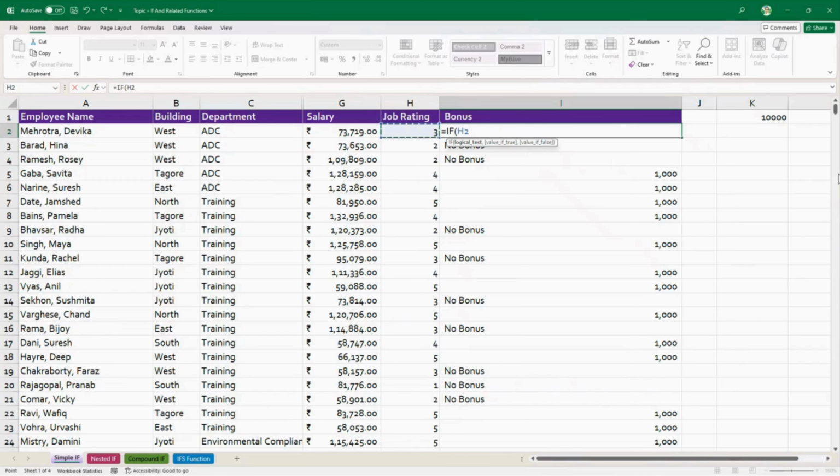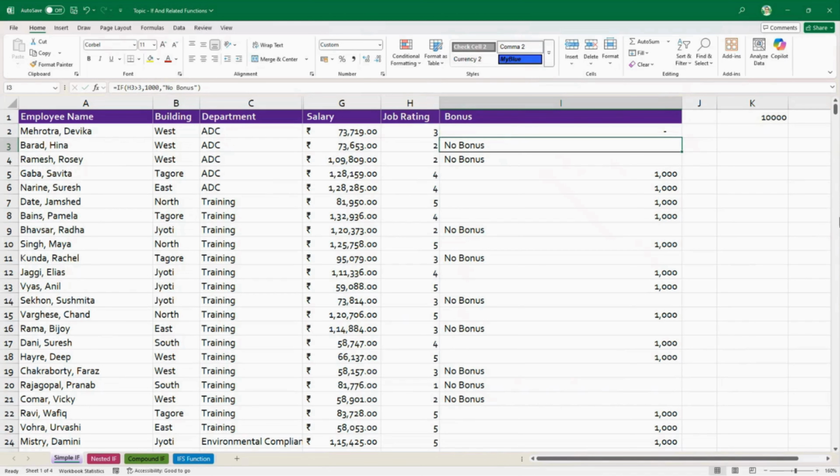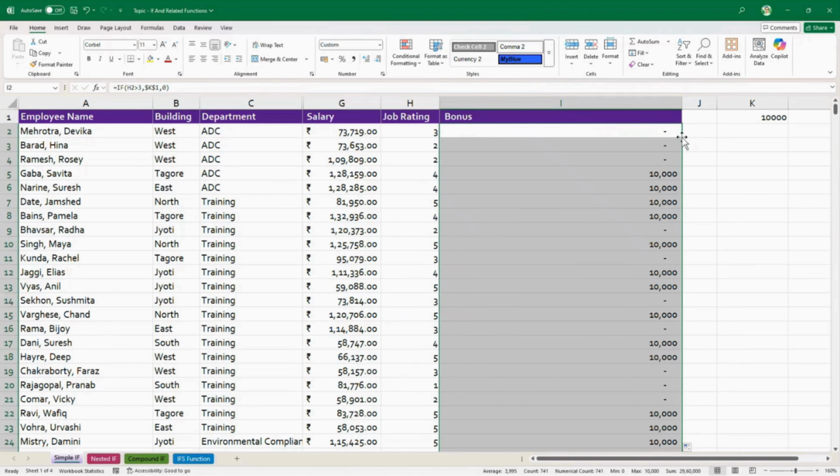equal if the value in H2 is greater than 3, then what if the value is 2? I want the bonus. Where is the bonus? In cell K1. So I can select K1 and then press absolute it. Otherwise, I don't want to give anything. Otherwise, 0. And close the parentheses, press enter, we get it. And we can